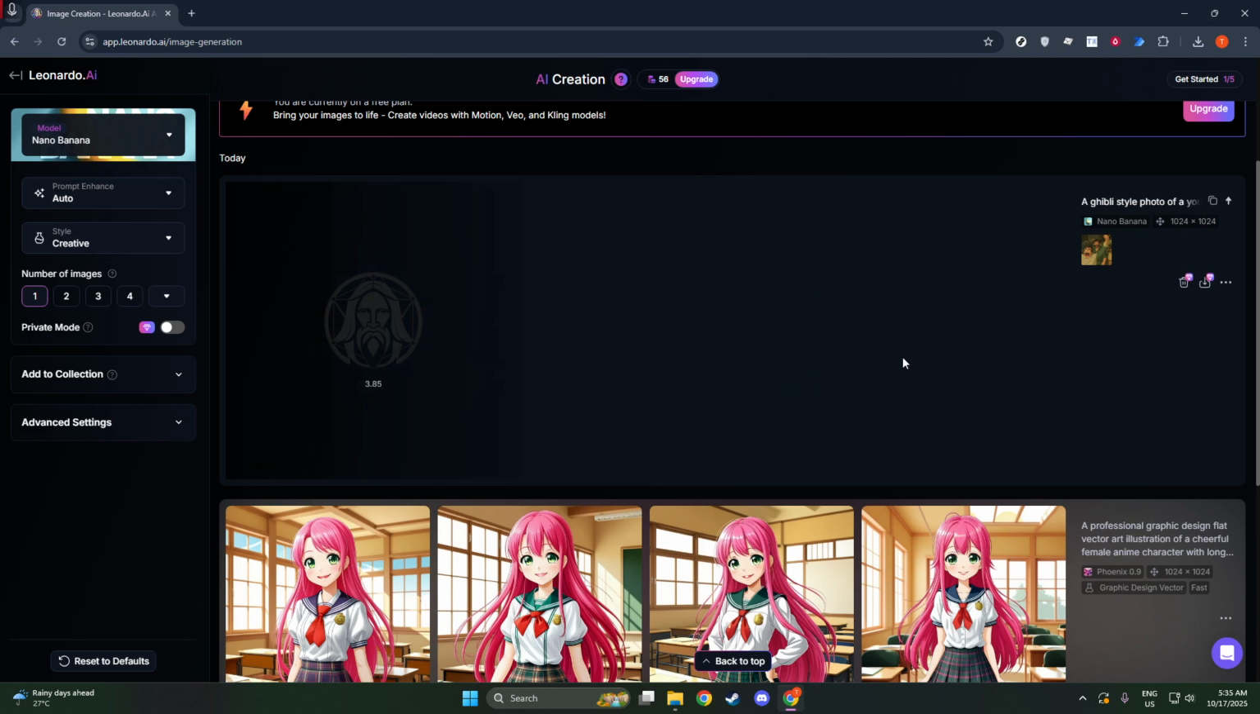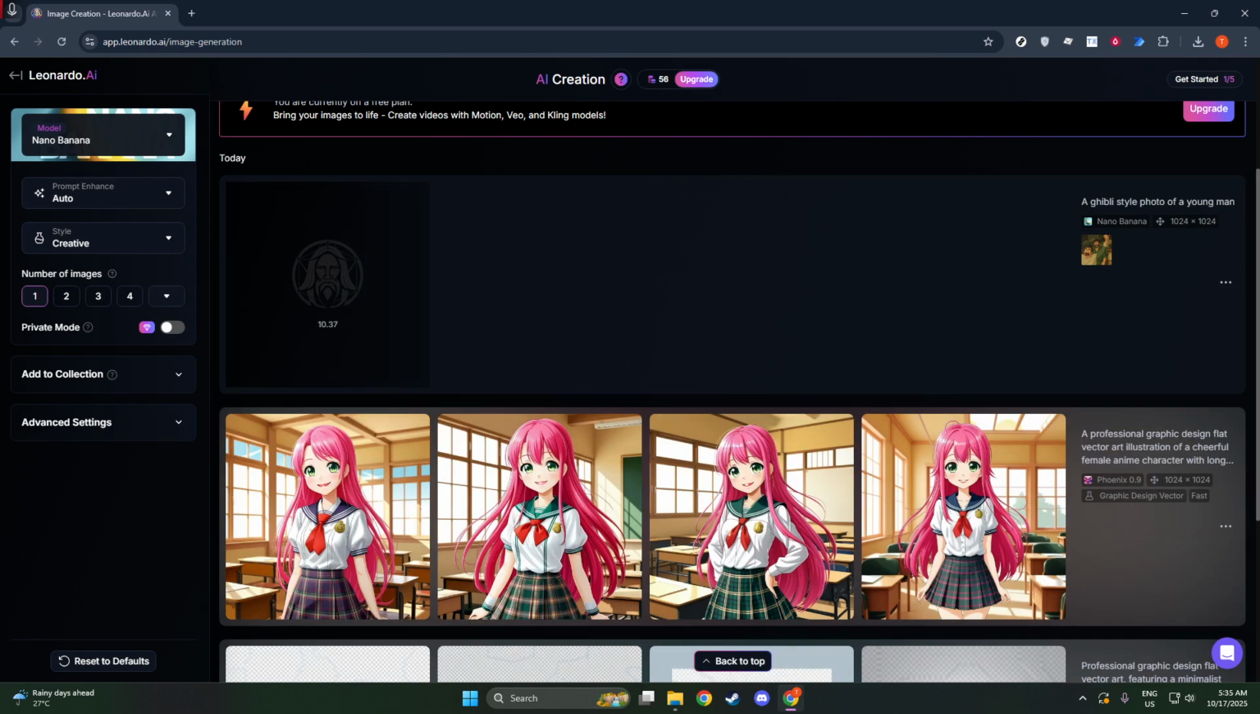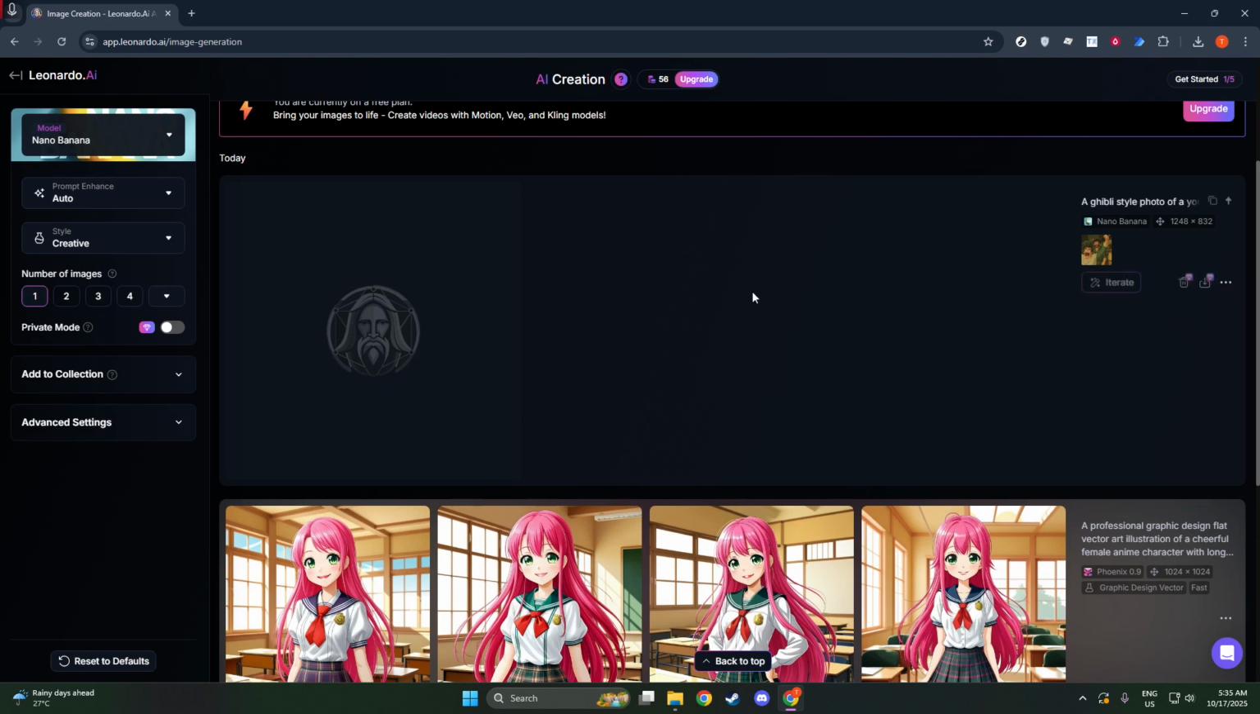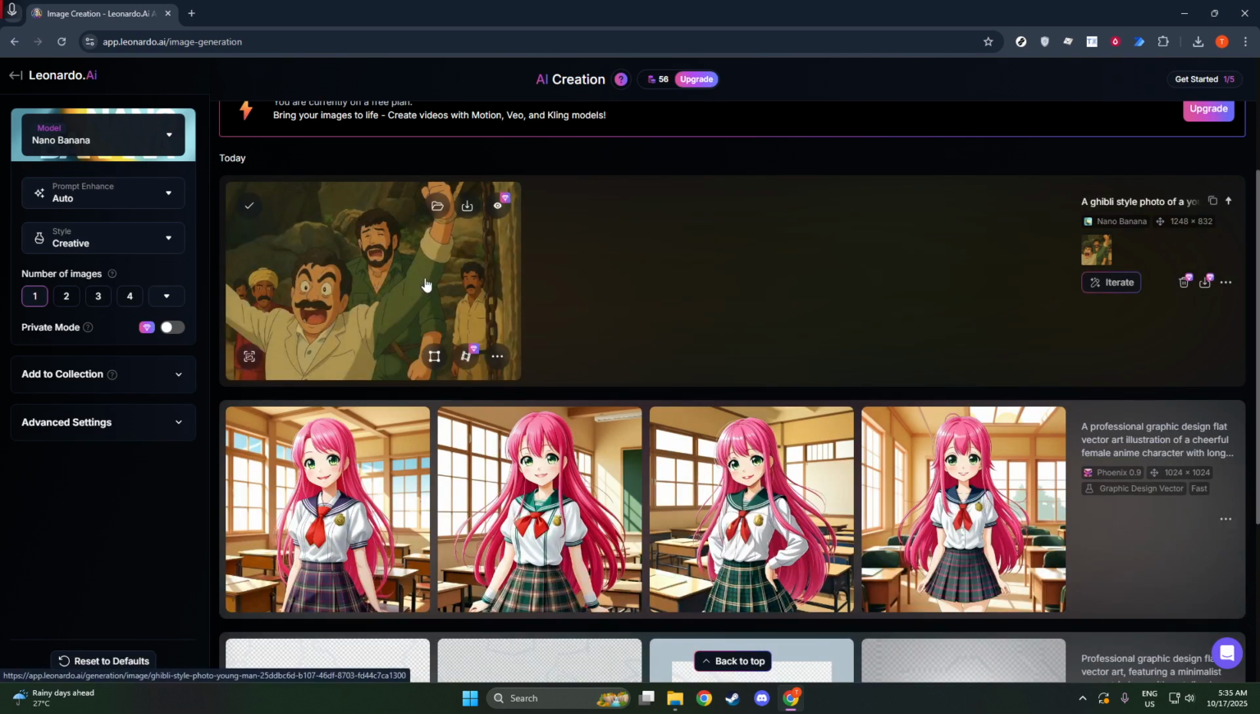And there you have it. With just a few steps, you can turn any image into a whimsical, Ghibli-esque work of art using Leonardo AI. Whether you're creating for fun, art projects, or simply to explore the possibilities of AI-driven creativity, I hope you found